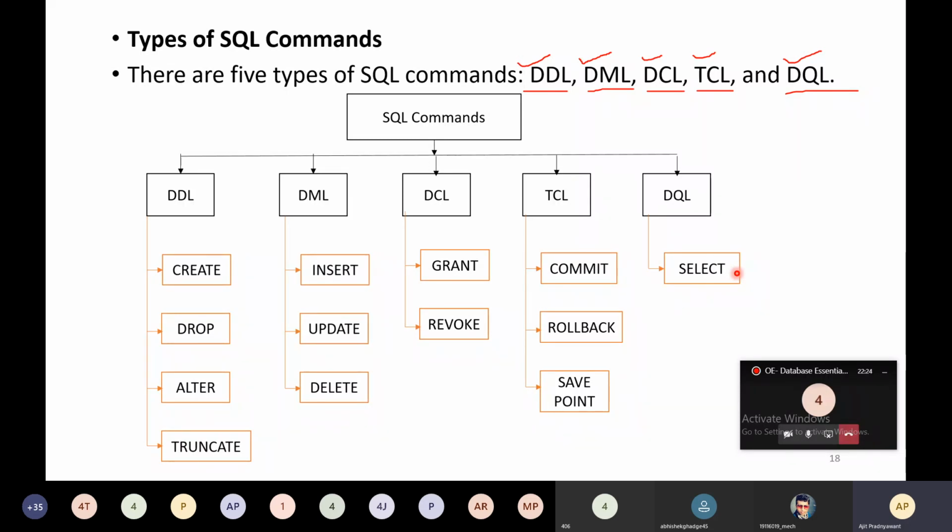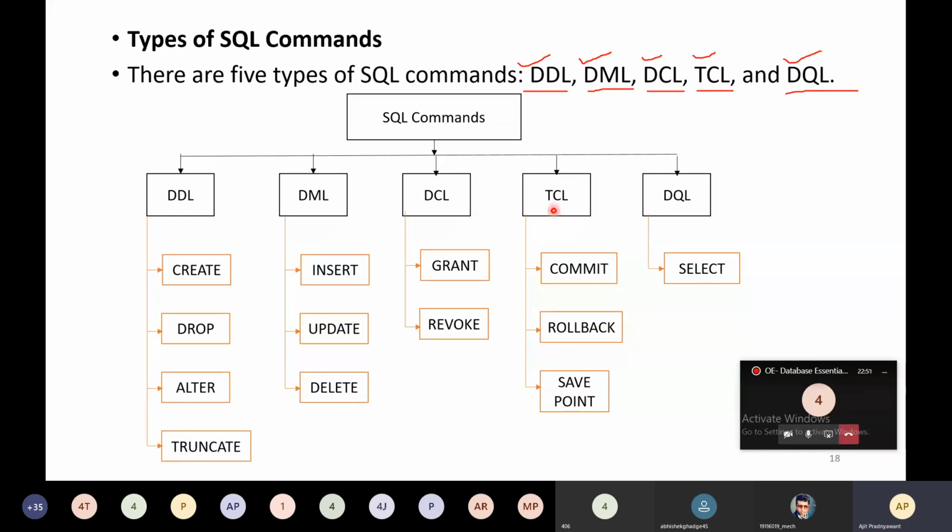So these are all the 5 types of commands, and with the help of these, you can perform various tasks. In our syllabus, DDL, DML, and DQL are important, and we have a small focus on DCL and TCL. It is just for your information. As a database engineer or database administrator, you should be familiar with these concepts. That's why I added DCL and TCL into this lecture.